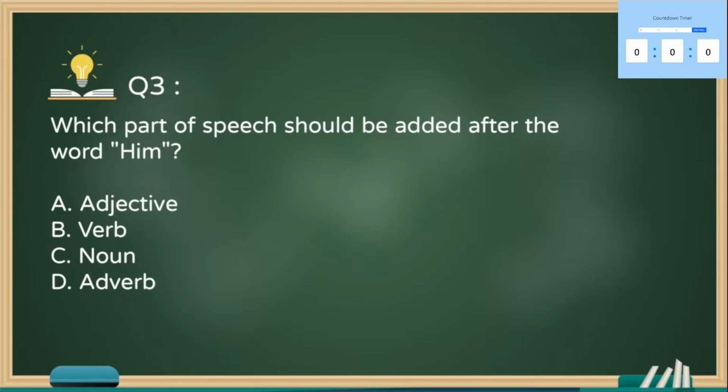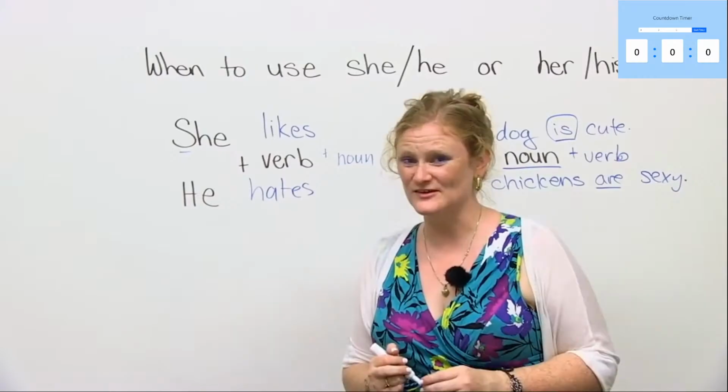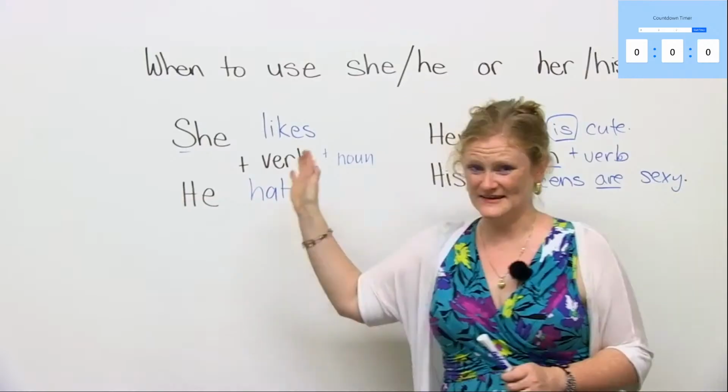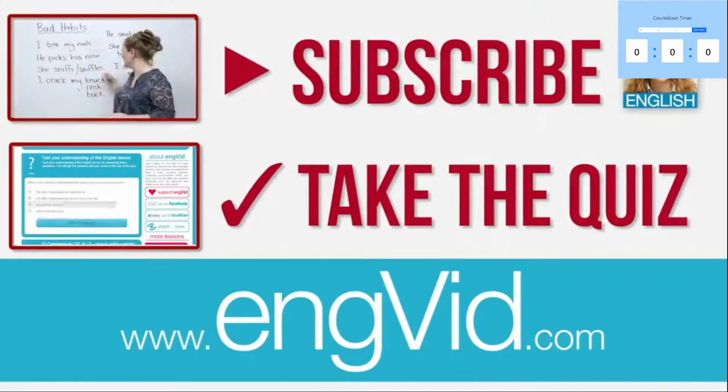Again, so this is what we're doing. When you should use she or he, or her or his. These are two words that a lot of people get confused. First of all, a mistake that a lot of people make is with she and he. Oh, which one's the girl? Which one's the boy? Most of you know that she's the girl, but when you speak, you mix it up and you say,